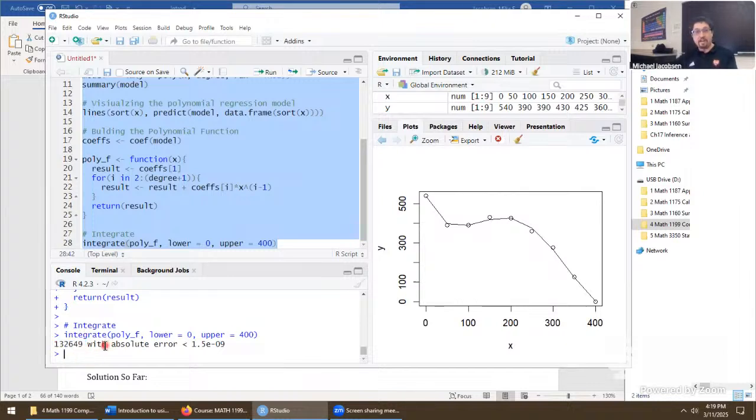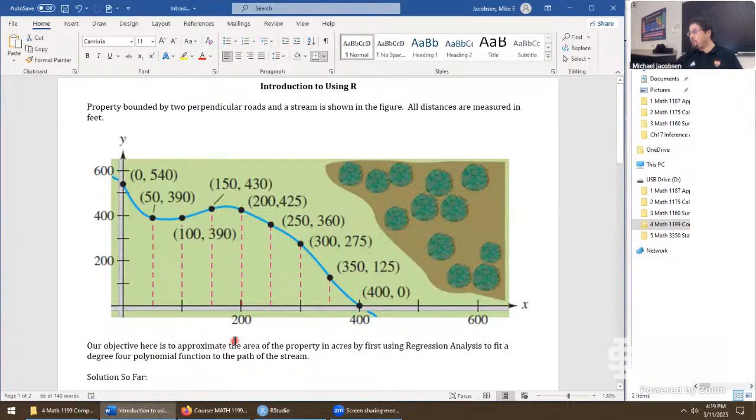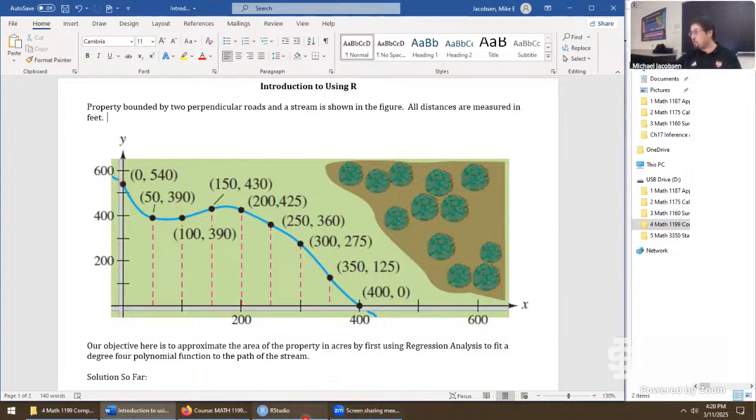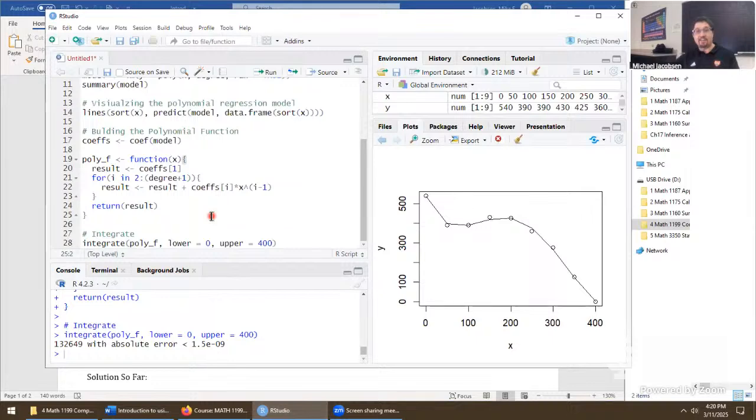It integrated numerically, think trapezoid rule, Simpson's rule, all that interesting stuff. And so it's telling us the error making that estimate substantially small, so it's pretty trustworthy as a value. Well, that's the whole problem, folks. If this ever happens to you in your life that, say, someone wants to analyze an area problem given information that's essentially a scatter plot, RStudio is a pretty good environment for taking that on.